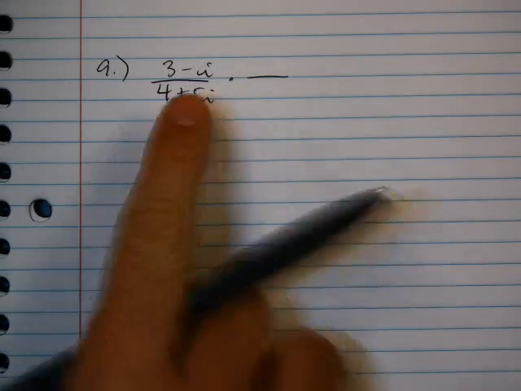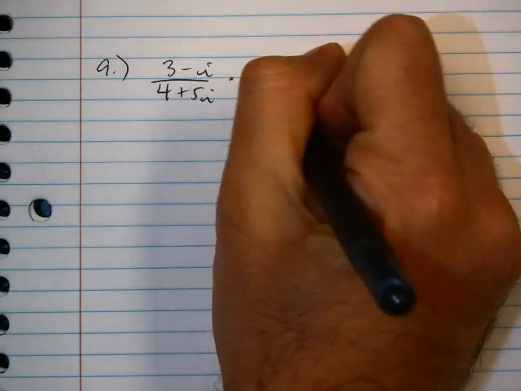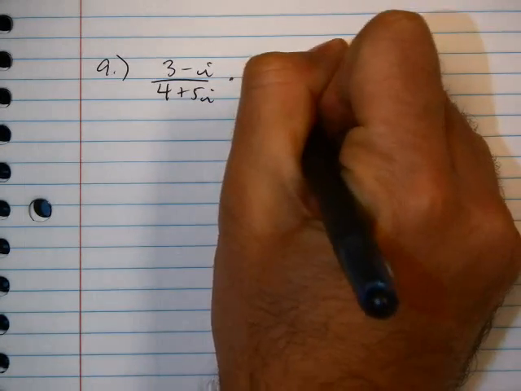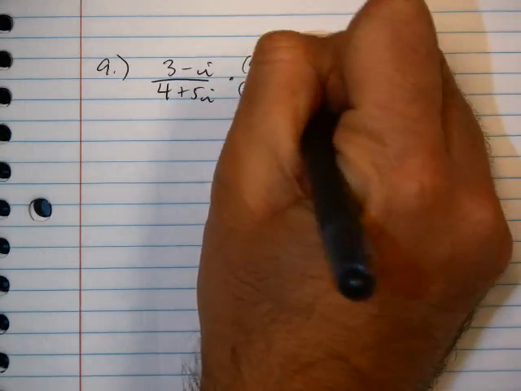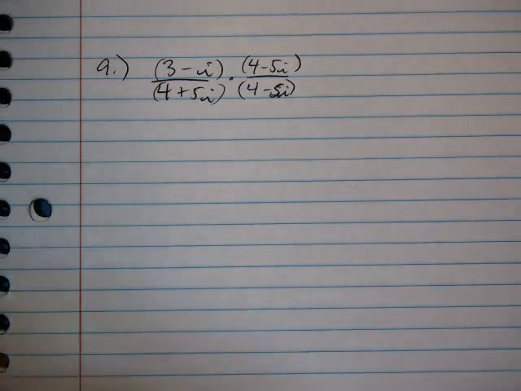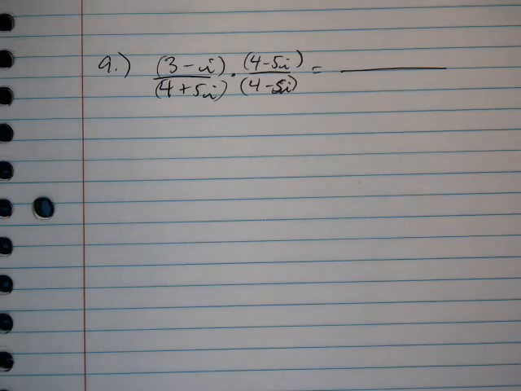That fancy word conjugate means all we're doing is taking the 4 plus 5i and making that 4 minus 5i. Now we're going to do that both top and bottom. I'm going to put these in parentheses to show that we're multiplying. Now on the top,